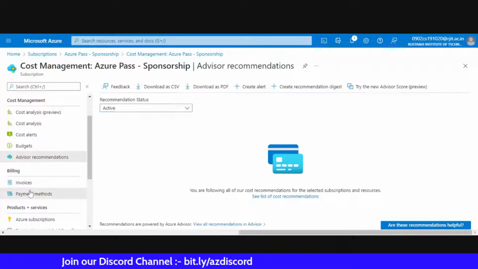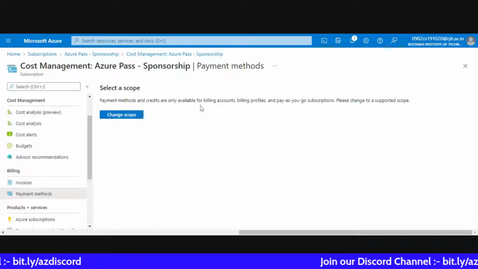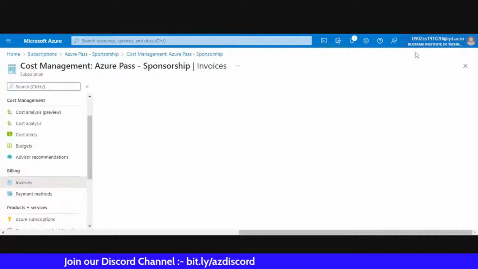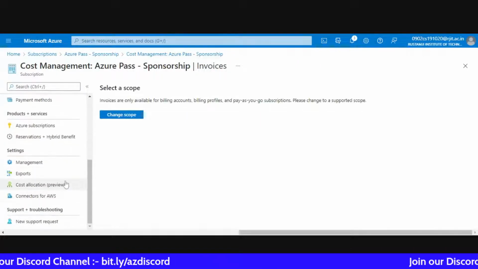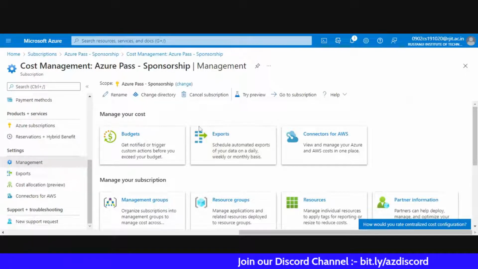You'll get your bill payment methods, like how you are paying the bill. You can pay the bills via credit cards or pay as you go for the subscription. And an invoice is like a bill. And I think, yeah, this is the management. So here, if you can see the screen,